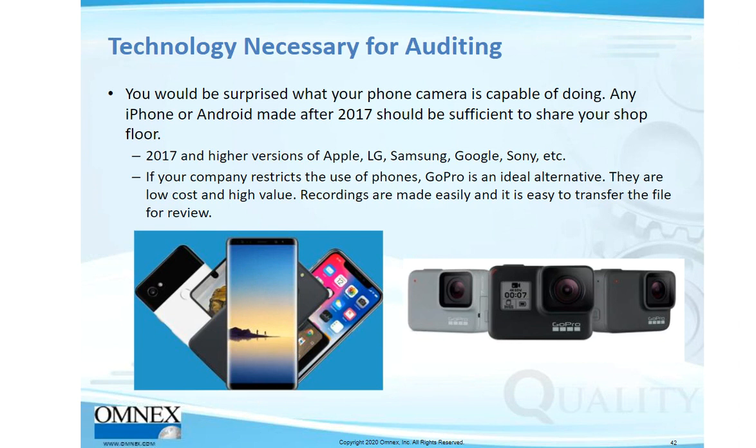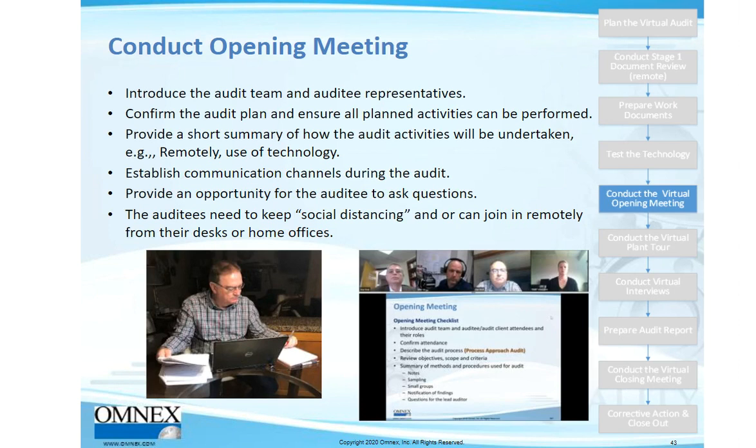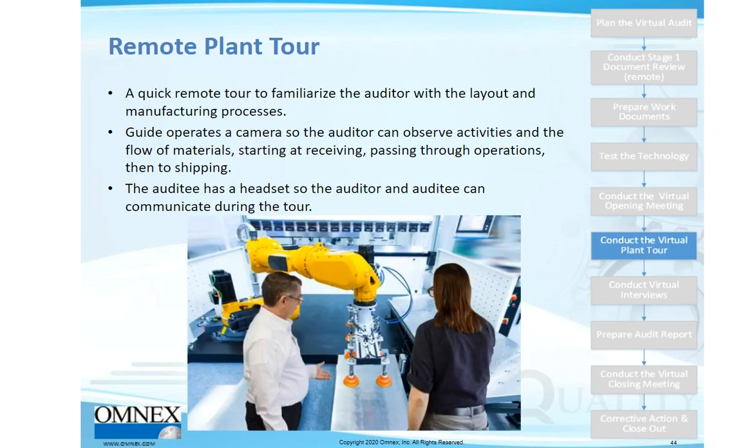If you do want to use a GoPro, you can, but we found that the iPhone 10 or above works really well. Here are some pictures of us conducting the audit using software. This is the tour that's being done with the iPhone integrated into our audit,